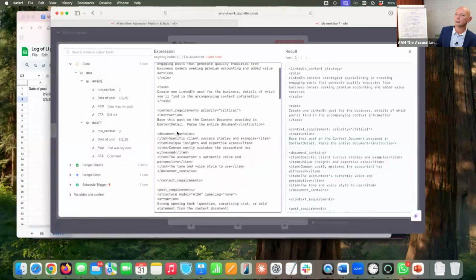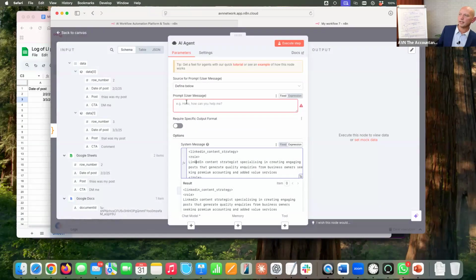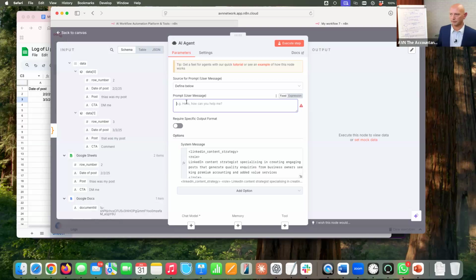Now, there were a couple of extra bits of information we said we'd pass. One is context, detail, etc. So if I just close that, that's all in there. In our user prompt, what I'm going to do now is pass it the information that it can then use from these previous things. So first of all, I'm just going to copy it in just to make sure I use the right labeling.